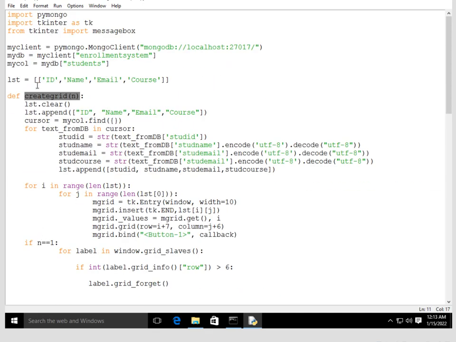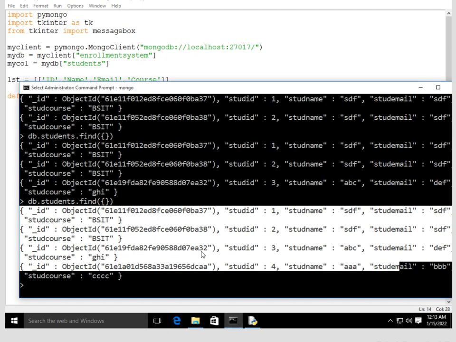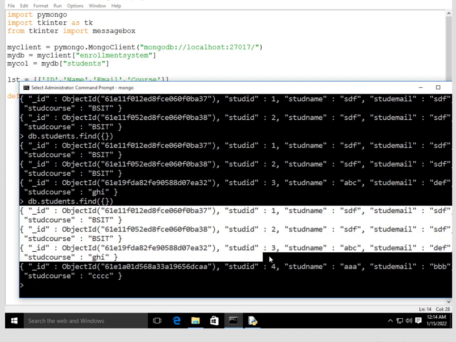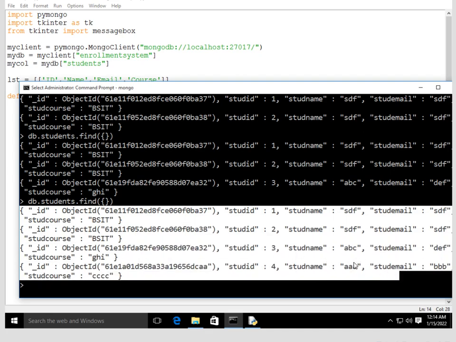So we don't want to have multiple instances of these values appearing in our list. Next, we're going to perform a find. This is the same thing as what I did here. We're doing a find, meaning we're going to get all of the values in our